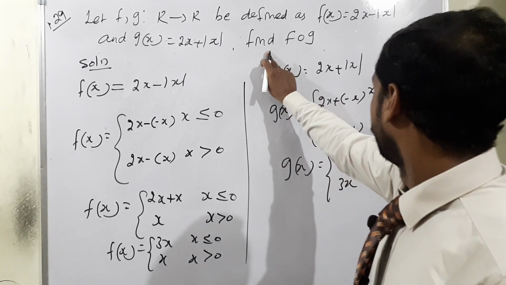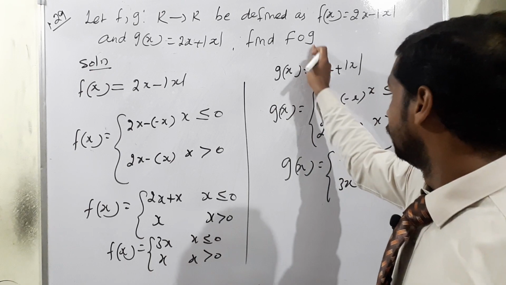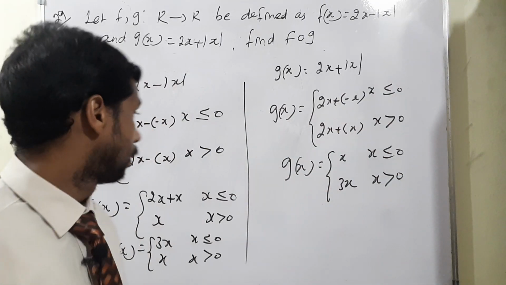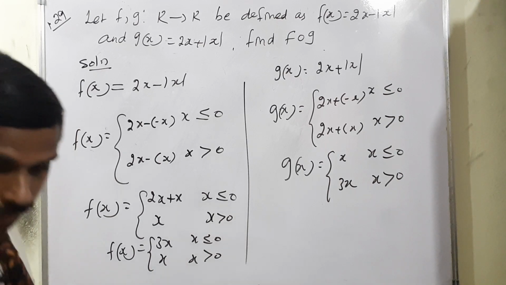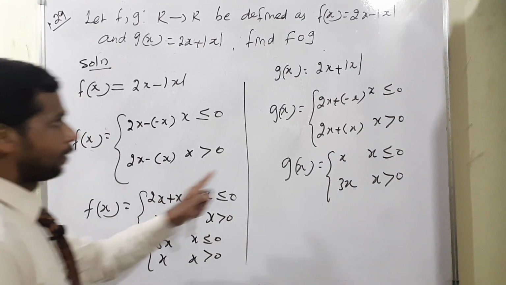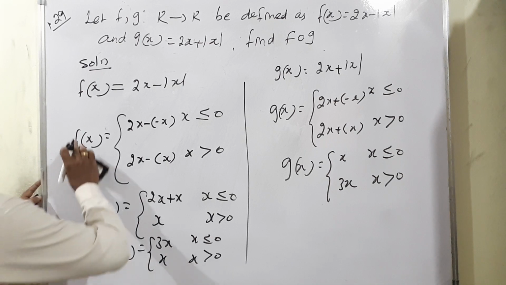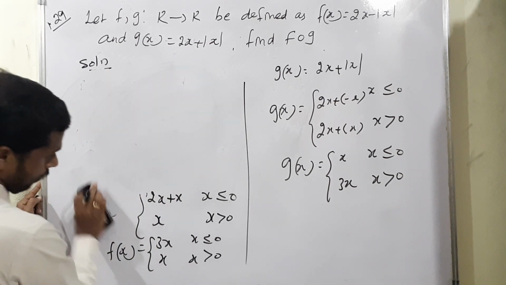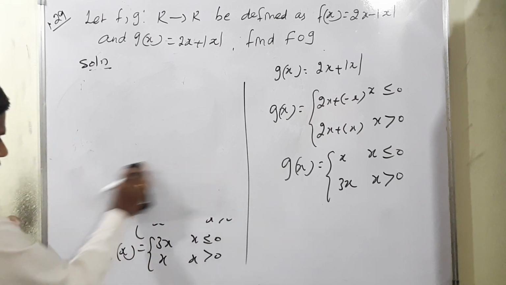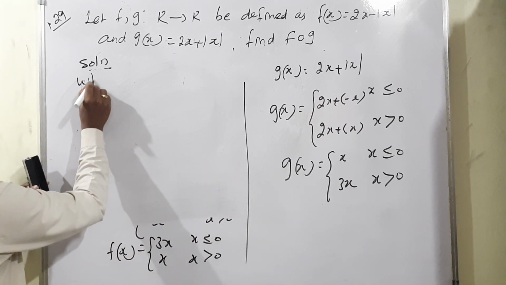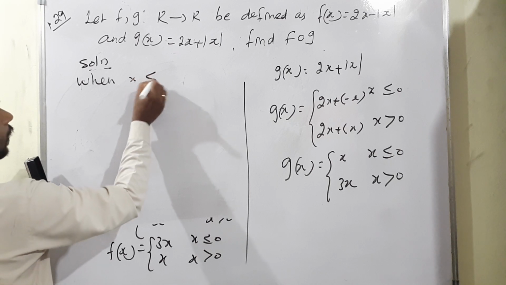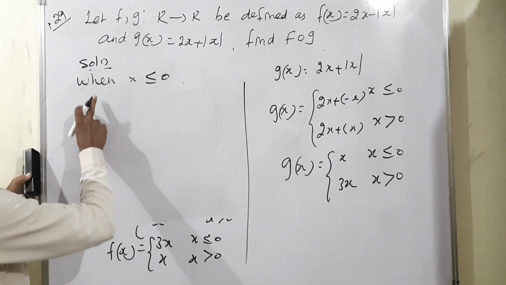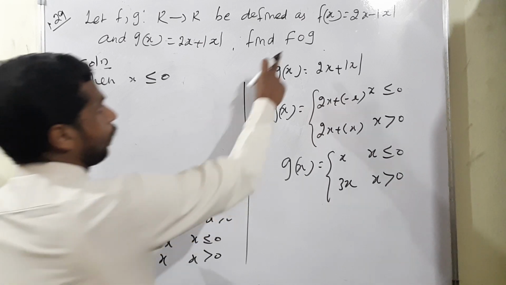Now we are moving to find the value of f composite of g, or f dot g of x. Okay. So now this is the final answer, isn't it? So now we can write it in two ways. And the first way, when x is less than or equal to 0, what will happen? The negative value, the given f dot g of x, isn't it?